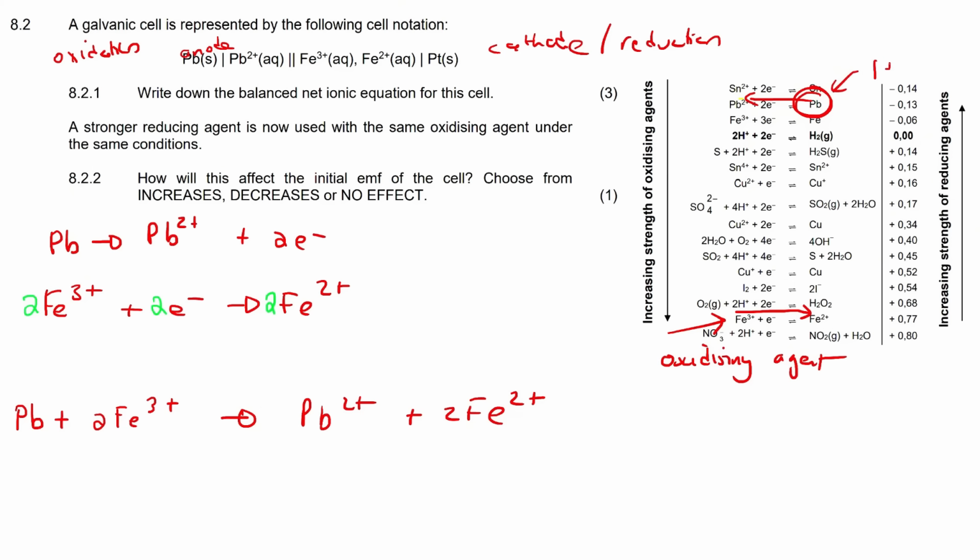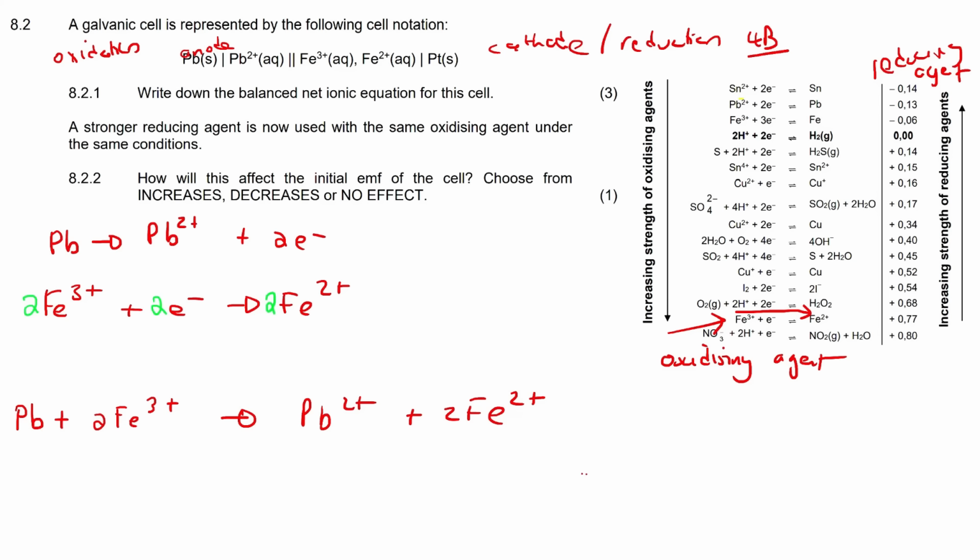And then this here was our reducing agent. What they then said is that a stronger reducing agent is used. So it would be something that is even higher up on the table on the right-hand side, if we are using table 4b, of course. So it says, how will this affect the initial EMF? Well, as you go,